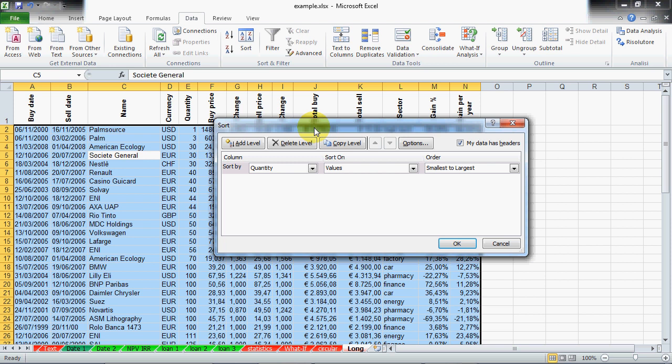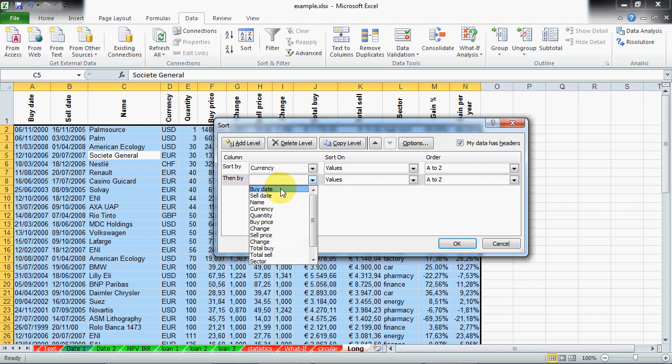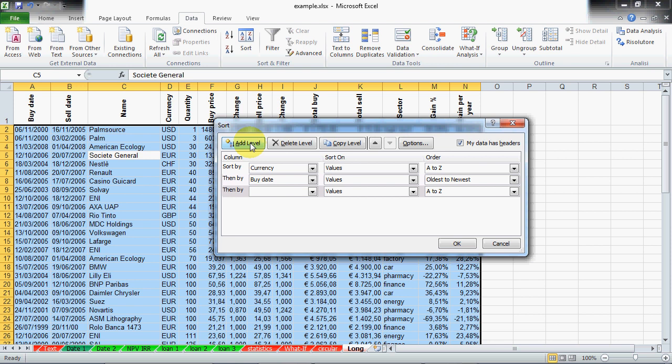So you sort by currency, A to Z, because it's alphabetical. Then you must click on Add Level, sort by buy date, chronological, oldest to newest. At the exam, I'm very precise, telling you whether oldest to newest or newest to oldest, so chronological order or inverse chronological order. Then Add Level,